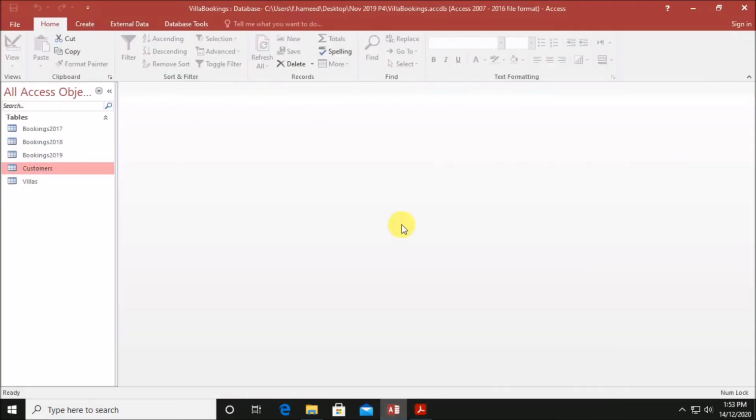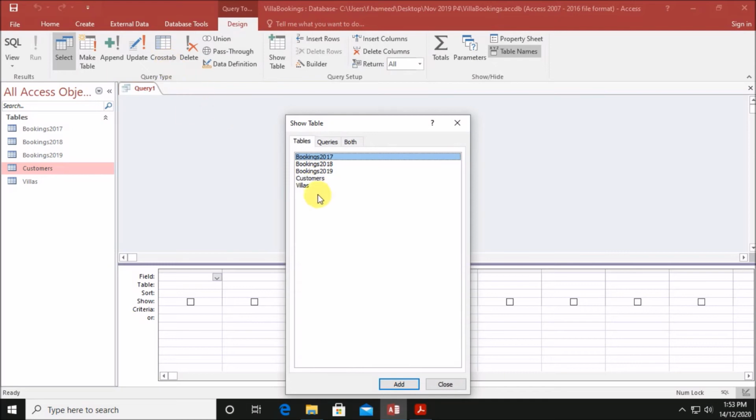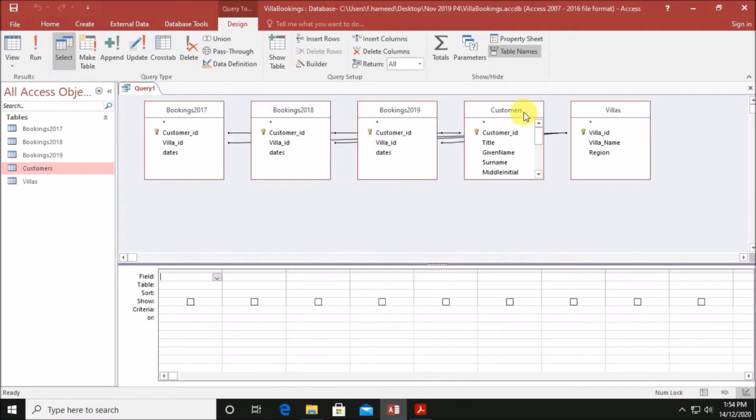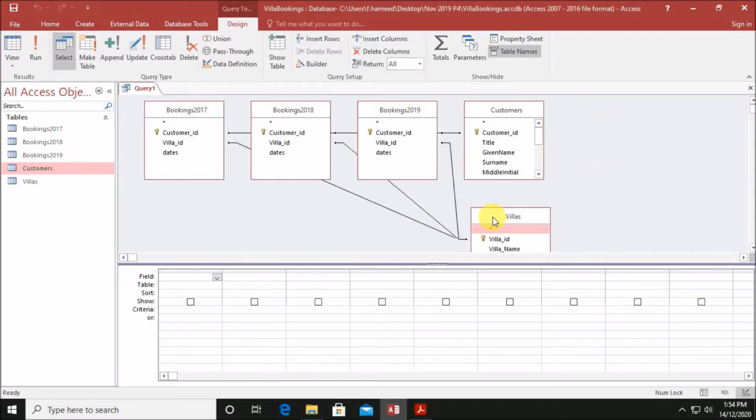So let us create a query. Create query design, add all the tables. Now we need the villa names. The villa names have to be displayed in all the 3 years. But now you can see the villa ID is related.